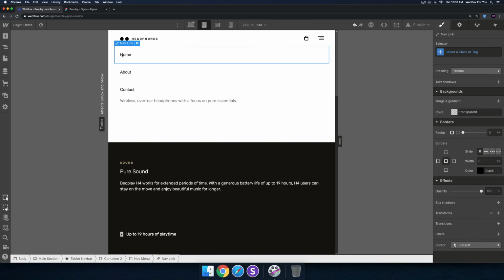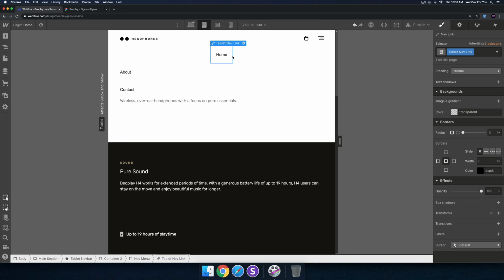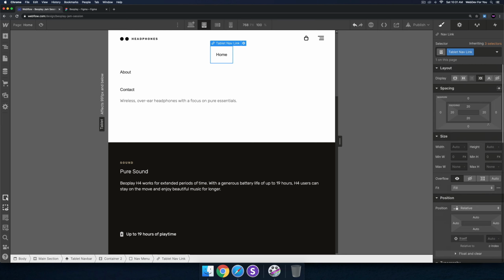Cool. And then we'll change the nav links. So I'll call this tablet nav link. And also for the nav menu, it gave it the class name nav menu. And let's see here. Don't know why I went to the center, so let me set it back to block. Okay, yeah, it gave it a span there for some reason, but we want it to be block, so it